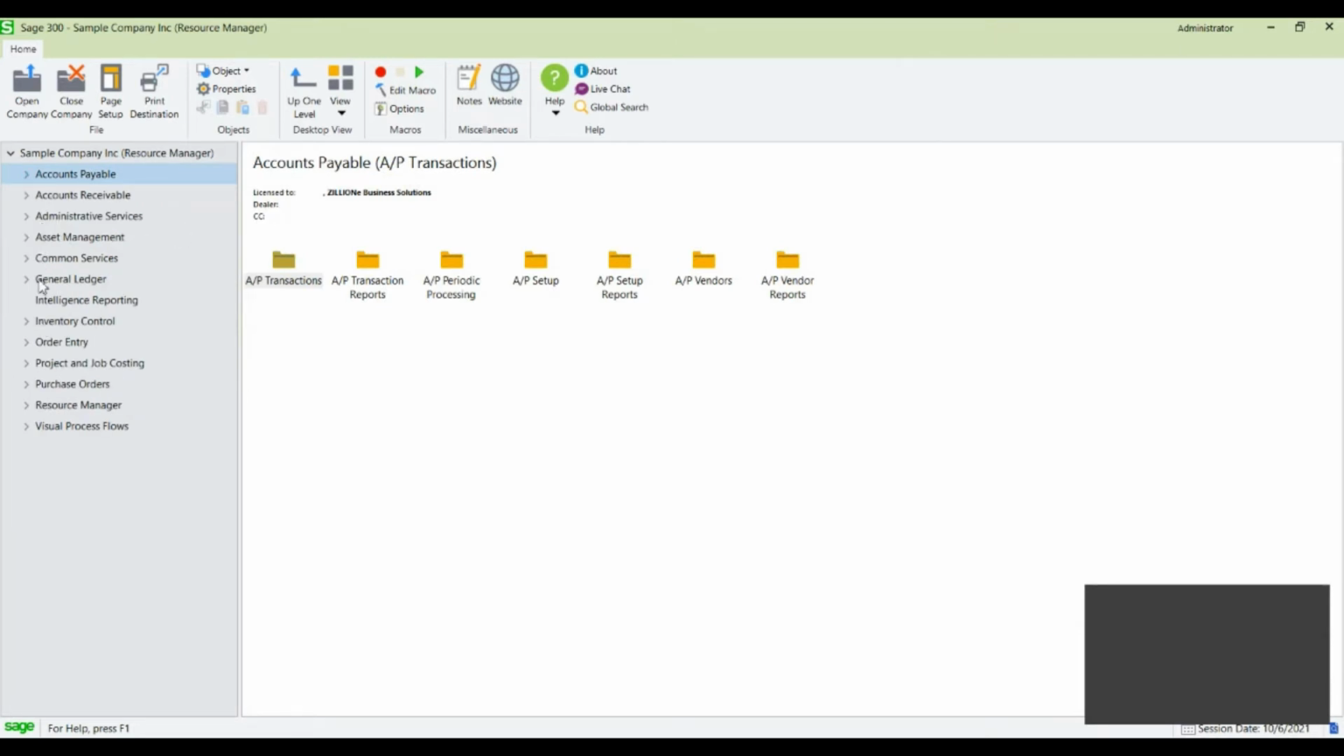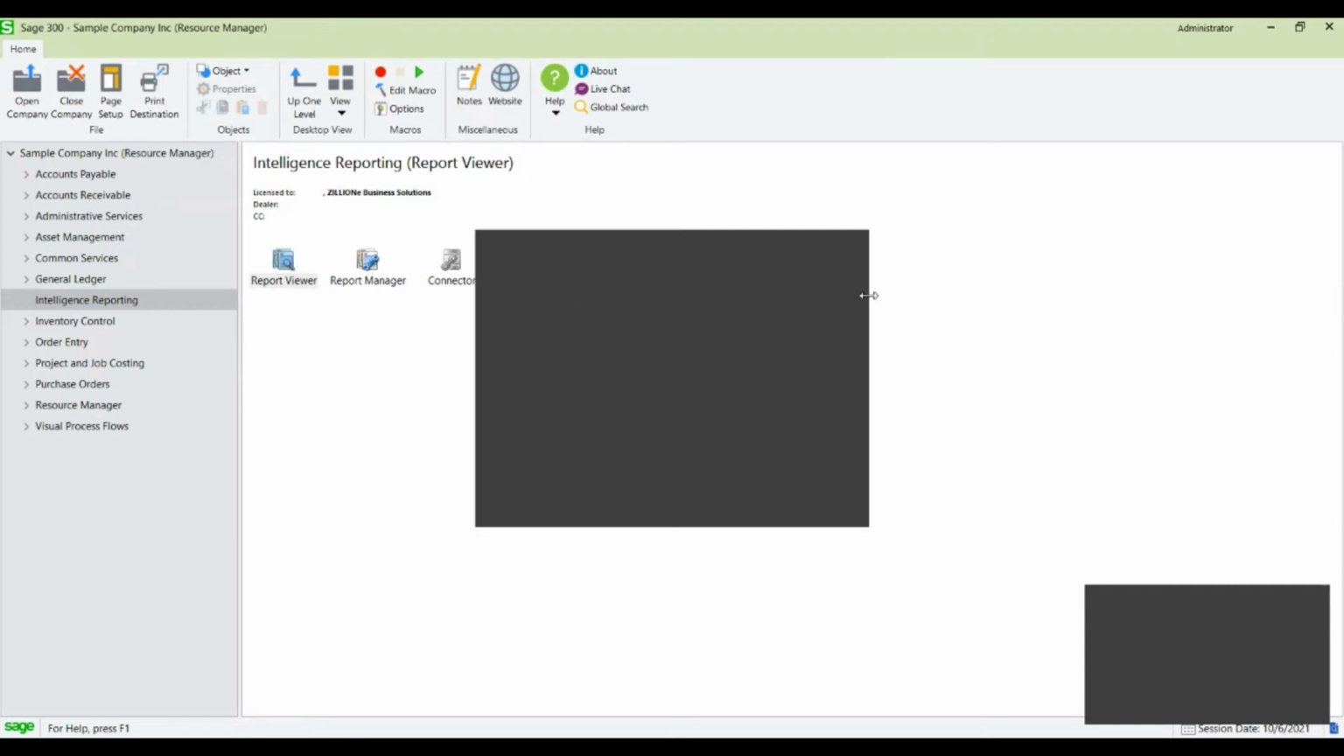In terms of the intelligence reporting, which we just touched on, if you go into the report viewer, you'll be able to visualize many reports as well. Not too sure whether I'm sharing my entire screen here, but